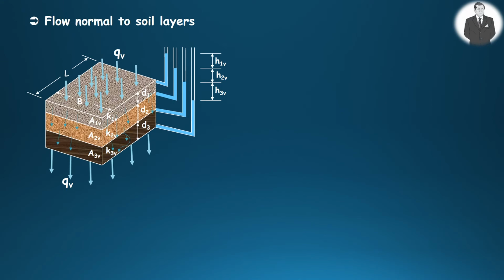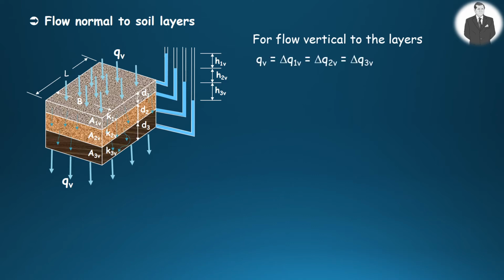For flow vertical to soil layers, the rate of flow of water for each layer will be the same. However, the head loss as well as the hydraulic gradient will be different. In that case,